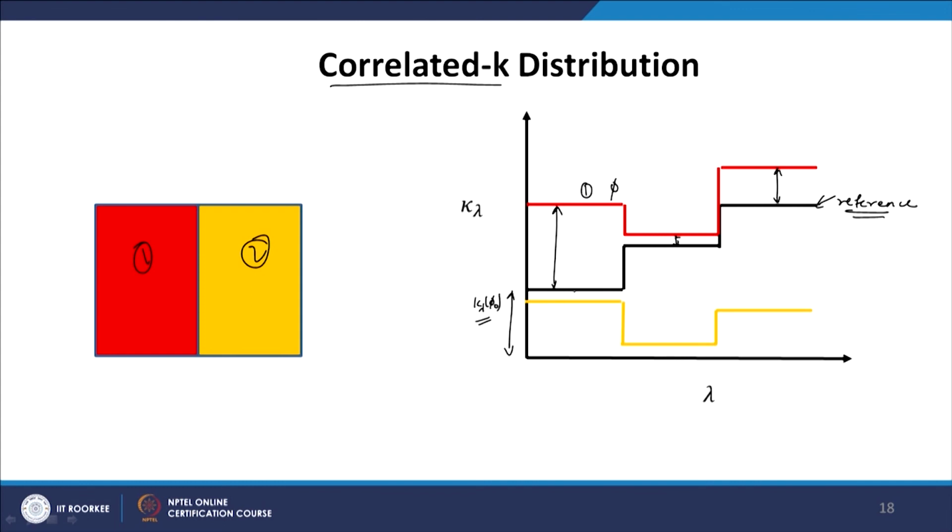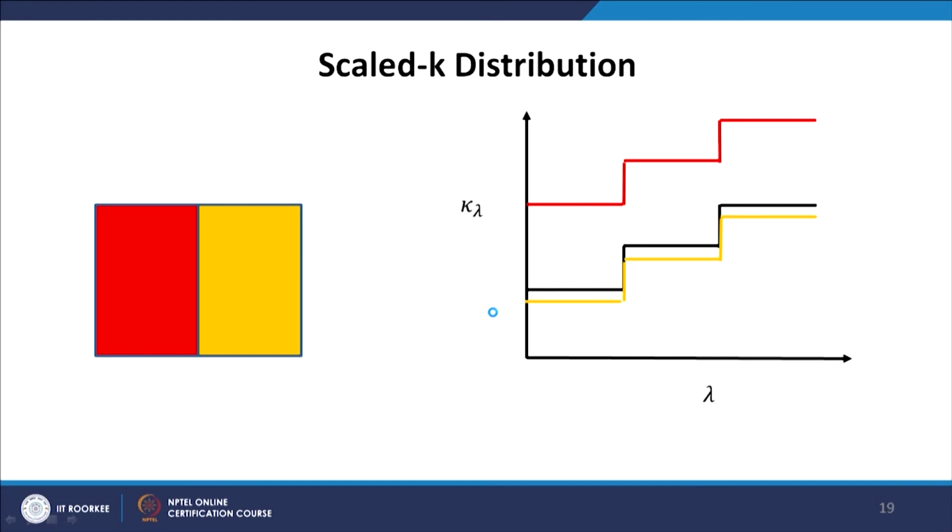Here the kappa lambda phi naught value was different and the scale up was large. Here there was a different absorption coefficient value, and you see a different scale up. This is called correlated absorption coefficient or correlated K. Similarly, at gas state 2 we also see different scale ups. So at different magnitudes of kappa lambda phi naught the scale up is different, while in scaled K it is the same.